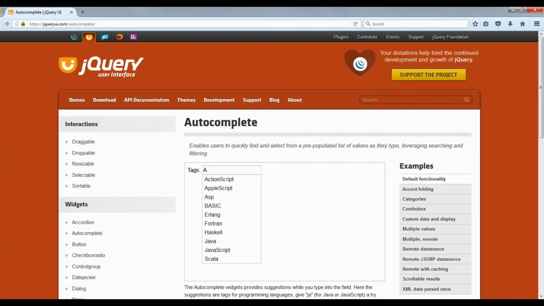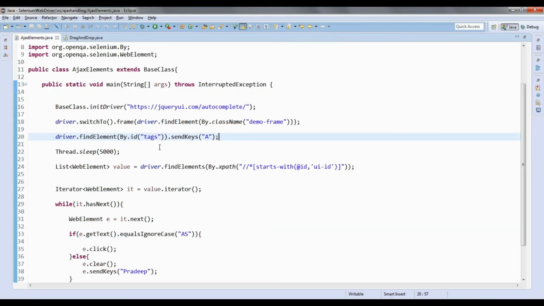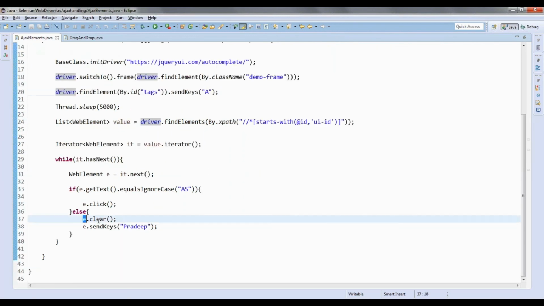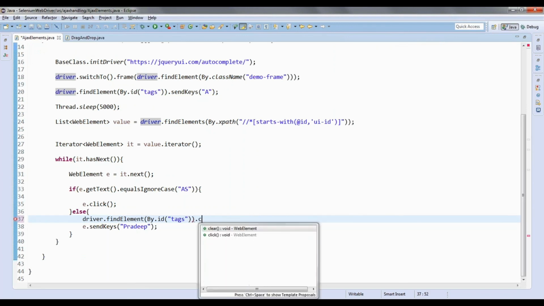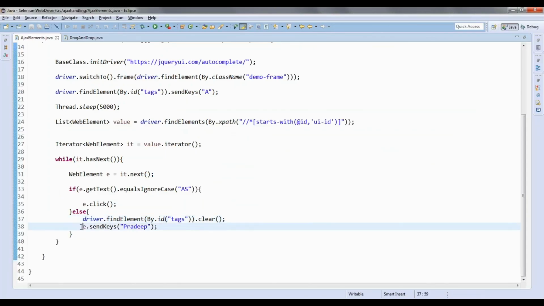I think I am making a mistake here, because I am trying to select these items. So that will not be e, that will be this element, right? Wherever I am entering a here, that will be this element. That is not e. e will be for all the items which are displaying, the values which are displaying, but for this text input field I need to pass the values. So I will be passing Pradeep here. You're understanding this, right?